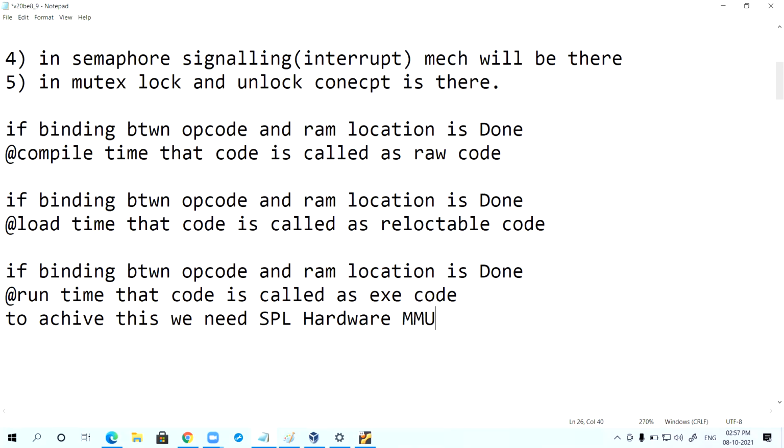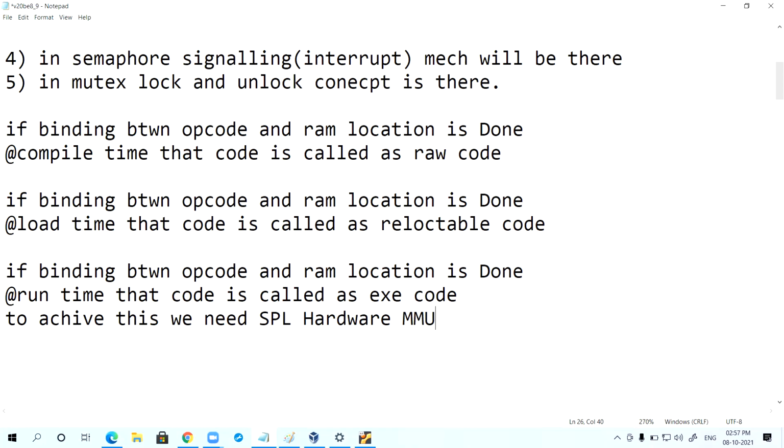If this concept is clear, type C in the chat box so that we'll discuss RAM organization, how the RAM is organized and managed. As I told you, RAM is one of the valuable resources in an operating system. Will you agree?